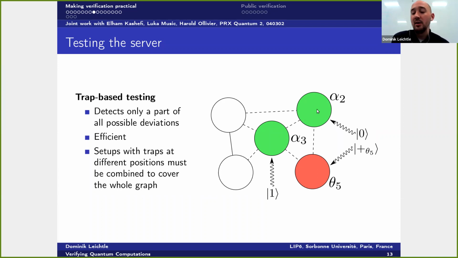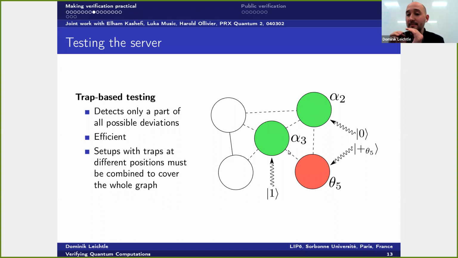These so-called dummy qubits only have the purpose of breaking the entanglement at this point in the graph. So they will break the entanglement and isolate the red qubit. Because it's isolated from the rest, it's not entangled anymore, and we can just perform a deterministic single qubit measurement on it. Like this, we're going to be able to detect some kind of deviations that are happening in this part